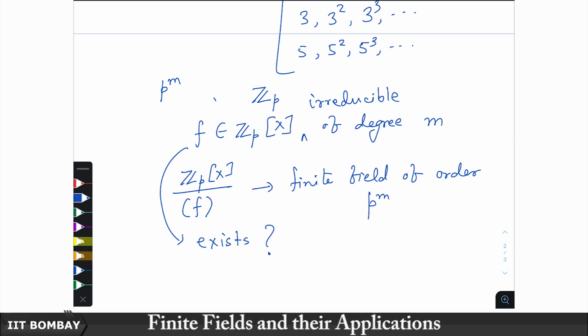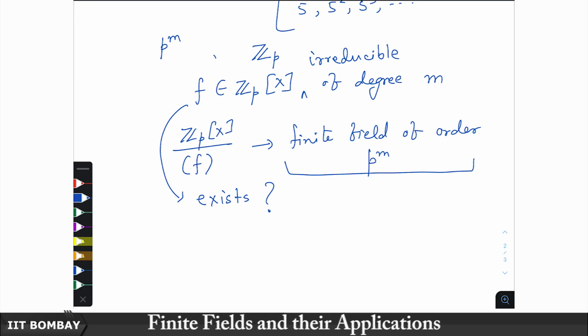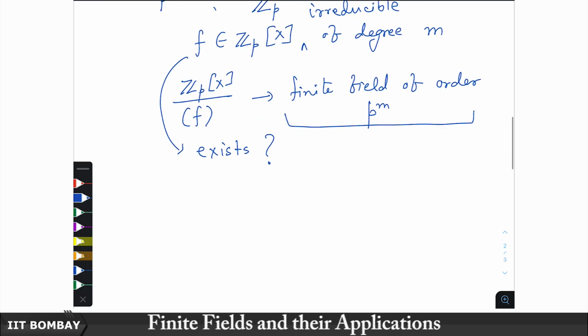So, we cannot take this route to prove the existence of a finite field of order p power m for any prime number p and positive integer m. We will take a different route to prove this. In fact, later we will prove as a consequence that there is an irreducible polynomial of degree m for every positive integer m over Z p. So, okay. So, let us try to prove this. So, first of all, let us note that